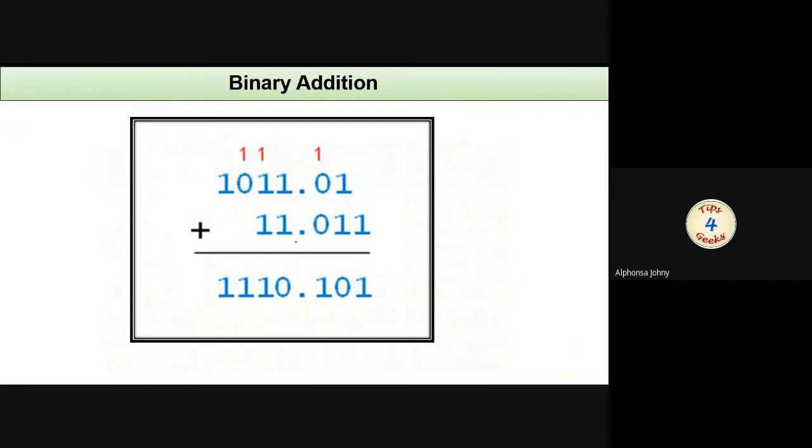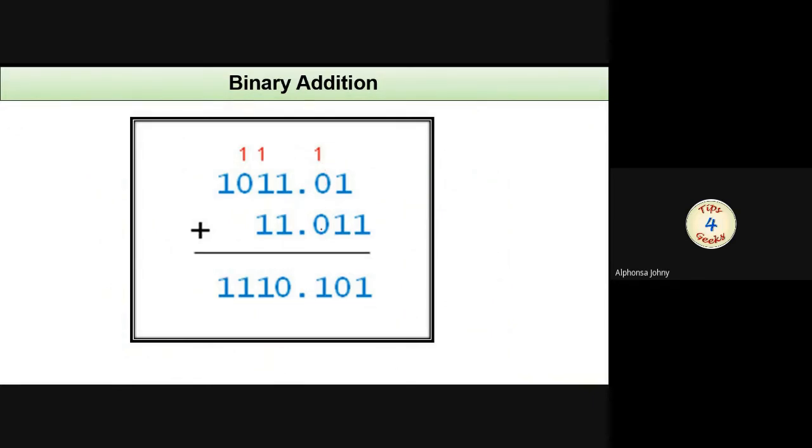When we are considering the case of left side of the binary point, we have to start writing from this position. Okay, next we can add. So starting from this, 1 plus 0. Here nothing, so we can assume it as 0. 1 plus 0 is 1. 1 plus 1 equal to 0 with a carry 1, that is forwarded to next bit position.